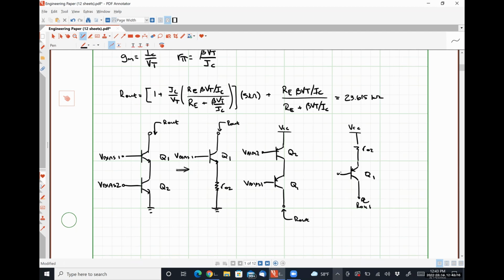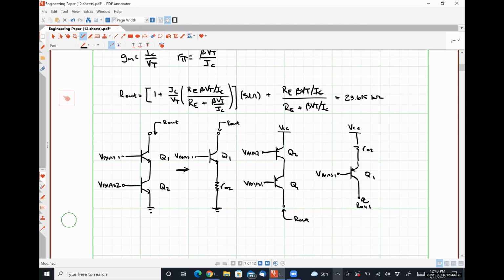Here's Q1, and here is V bias 1. Okay. So this process, known as cascoding transistor Q1, introduces a large small signal impedance, R02,